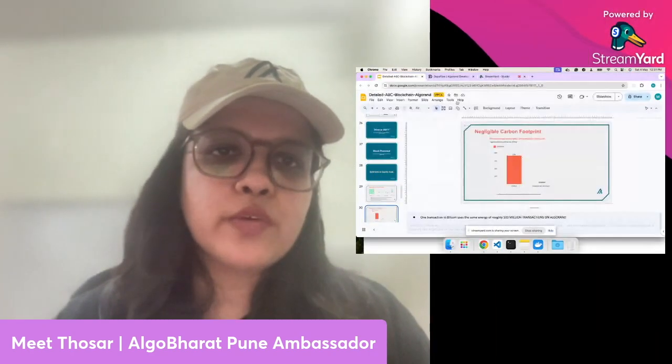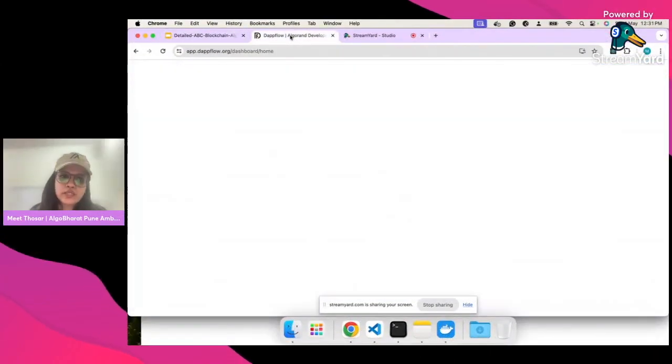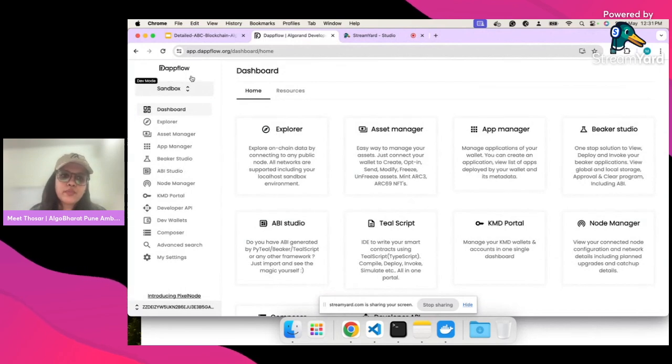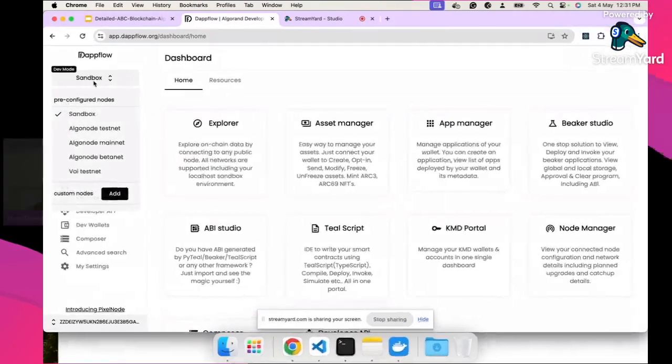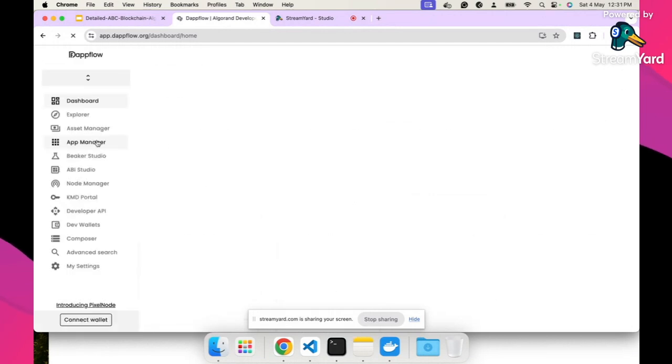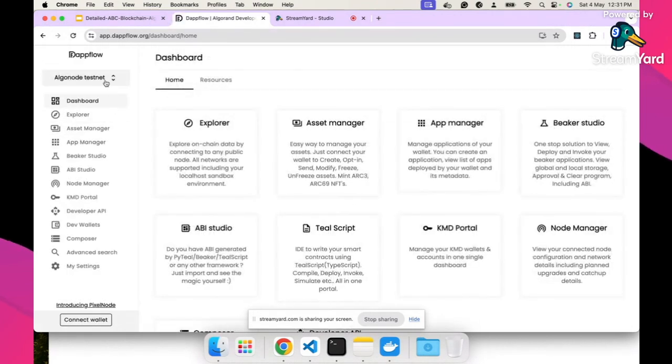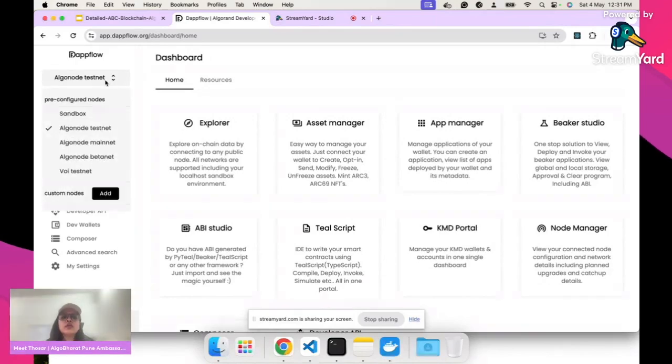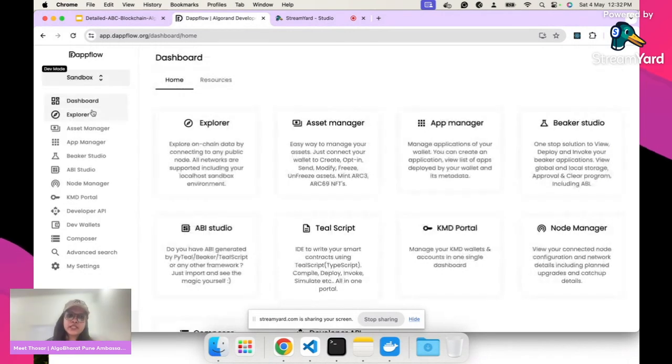So how can you test? This is one developer tool as well, called DApp flow. Here is a dev mode. You can see the dev mode sandbox. Here is a testnet and the mainnet where you can test your application on all the nets. For development purposes, sandbox is fine. There is a dummy testing currency. You will get the testing currency for testing, because